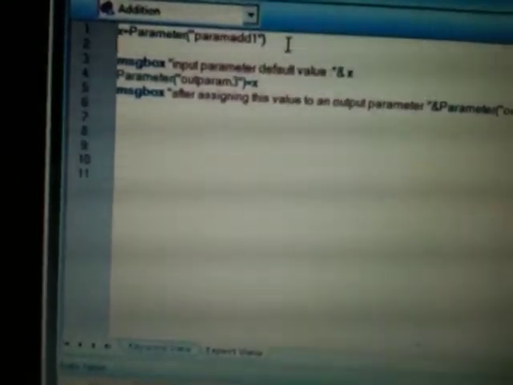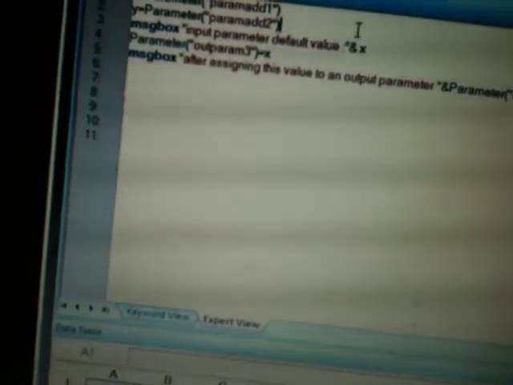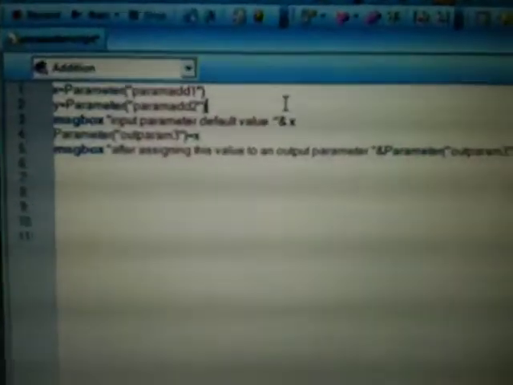Now the parameter of param 3 doesn't exist now. Instead I want to use parameter of param add 1 and y is equal to parameter of param add 2. So I have defined x as, I am actually assigning these values.